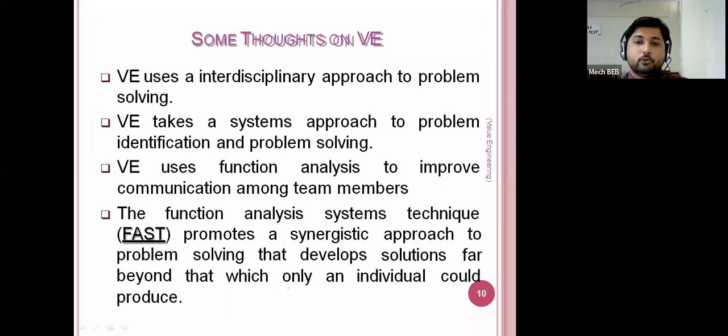Okay, so here you need to work in a team to reduce the anxiety, to reduce the communication gap, and a single person will not perform all the tasks. So here you need to work in a team, and that will be helpful to reduce the cost of the product, and it will increase the value in the product. Okay, getting everyone? Is there any question, any doubt related to value engineering and value analysis?